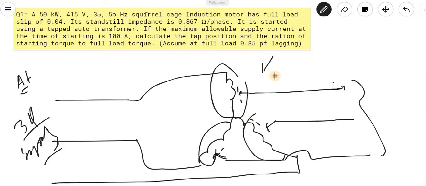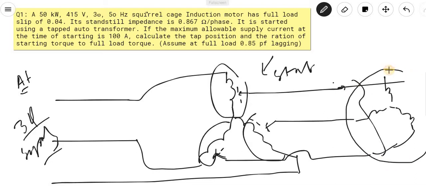This is the stator of the induction motor. Sorry, this is the auto transformer, and this could be the induction motor. Then the phase will be this, and the maximum allowable supply current at the time of starting is